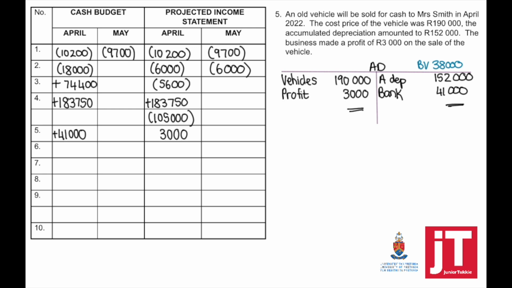We made a profit on the sale of the asset. A profit means that is an income. It appears in your projected income statement, plus 3,000. Number 6,